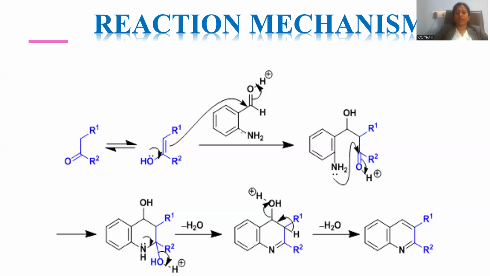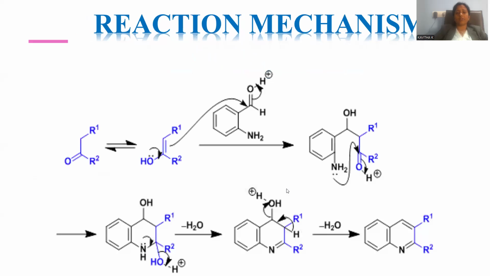And here, whenever the bond moves towards the oxygen, we get a hydroxy functional group over this carbon atom, and the amino functional group, located upon the benzene ring, will proceed for ring cyclization by contributing its lone pair of electrons for bond formation between the nitrogen and the carbonyl carbon atom, so that ring cyclization occurs and a hydroxyl functionality is generated at position number 2, and this goes for dehydration between the 1 and 2 positions. Subsequently, there will be origination of a double bond, and another hydroxyl is also present on the fourth carbon, so subsequent dehydration one more time gives rise to disubstituted quinoline as the final product by means of